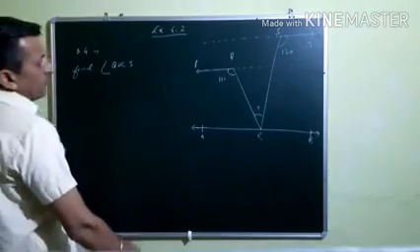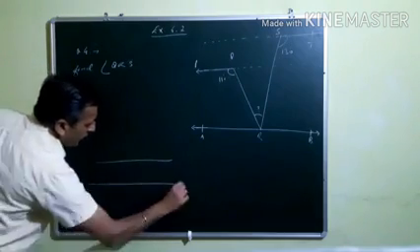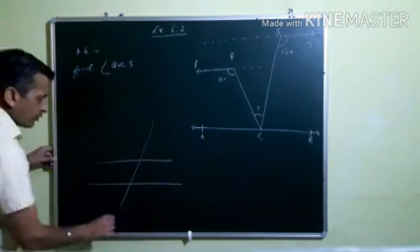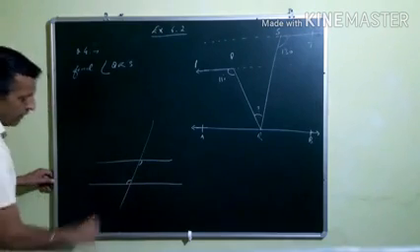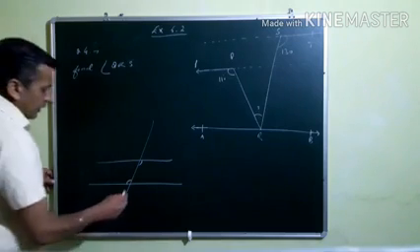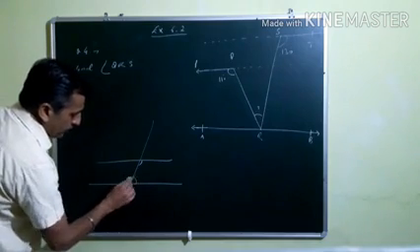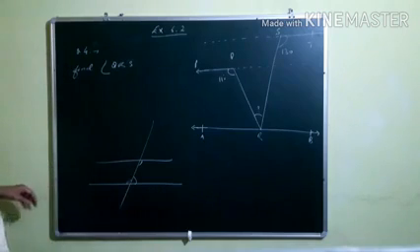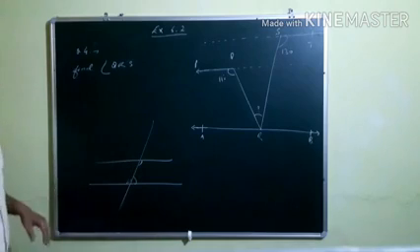Then now, you know, when the two lines are parallel, see what I am saying. These two lines are parallel, and suppose this is your transversal. So in that case, the alternate interior angles are equal. This is the first thing, and the second is the sum of these two co-interior angles, this and this, that is equal to 180 degrees. These are called co-interior angles, and this is your alternate interior angles.